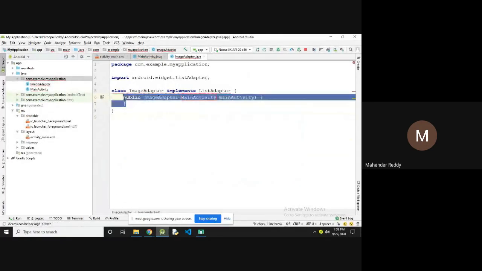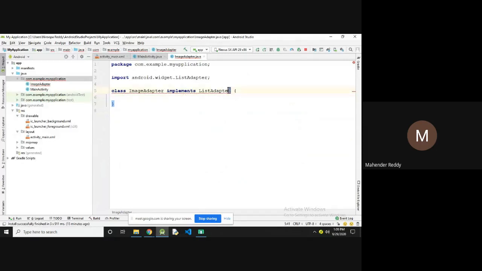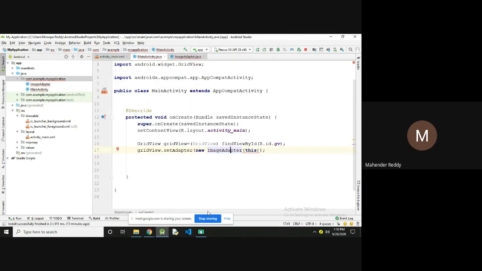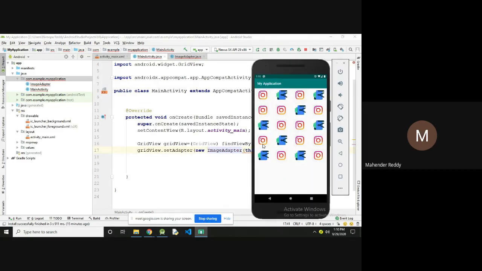Now you can delete this and add extends BaseAdapter. So ImageAdapter extends BaseAdapter. This ImageAdapter file is going to display all the images in grid format.